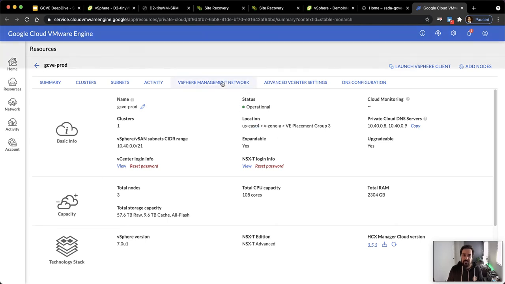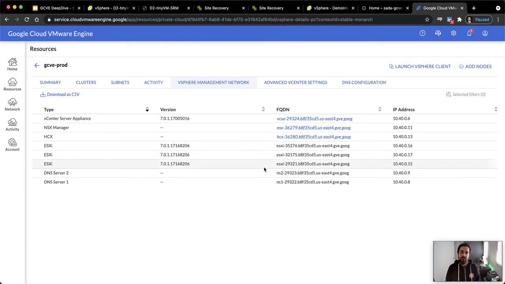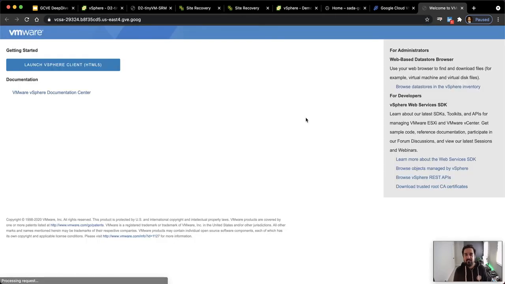If I go to my vSphere management networks, I've got these FQDNs, which I have configured and integrated using DNS configuration. So in my on-premise environment, I've got an on-premise DNS where I'm actually using a conditional forwarder to resolve the gve.goog domain. And then on my on-premise environment, I have the forwarding zones and reverse zone all set up so that my on-premise workloads or on-premise management nodes, which includes this laptop, can resolve these vCenters, NSX, and HCX. So I'm going to click on the vCenter,